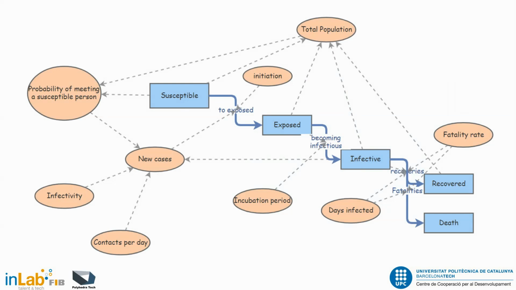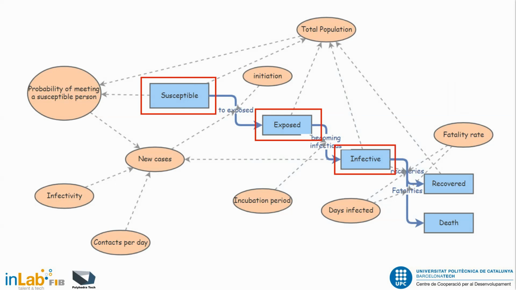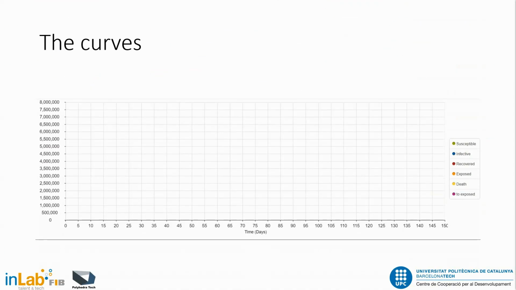Traditionally, the compartmental models in epidemiology are named SEIR models: S for susceptible population, E for exposed population, I for infective population, and R for removed population, those who have been infected and now are dead or recovered. The shape of the curves of the models that analyze the propagation of an infection is well known. In a case without any kind of containment measures, we expect that almost all the population becomes infected and finally removed from the dynamic.